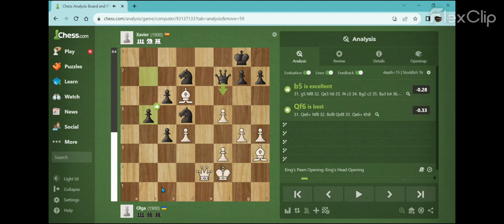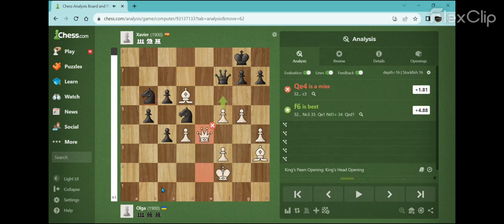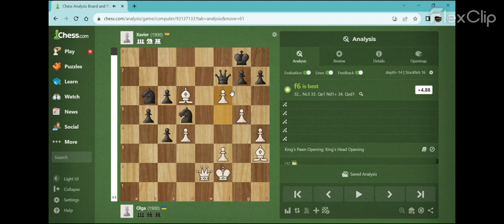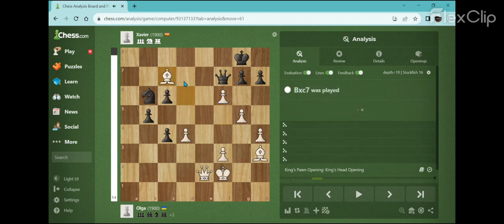Around equal. b5, g5, knight 7, b6. Ooh, mistake. Okay, you had to play f6. Yeah, this is a very interesting sequence. I don't know exactly, but first of all, if you do not move the queen or the king, this is coming and you're just bulldozed. If you try to defend,